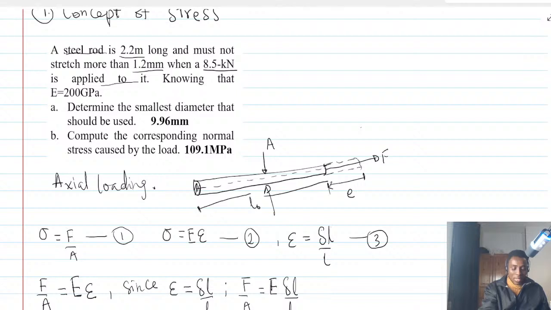So now since we know our force, it means that we can go straight forward, right? All right. So then we can say that